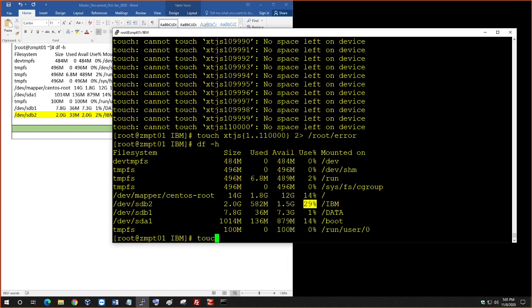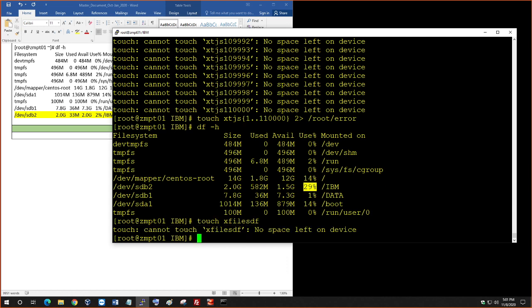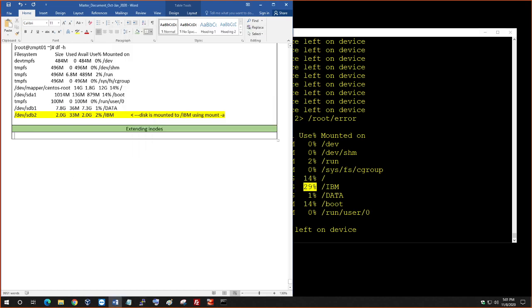But if I do touch file1, random file, it says there is no space left. Okay. Why is it? Actually, we are out of time here, so we'll catch up next week right where we left off, and then from there we'll go. Okay, so I'm going to save this and upload it here. And if anybody has any questions, put it in the chat and